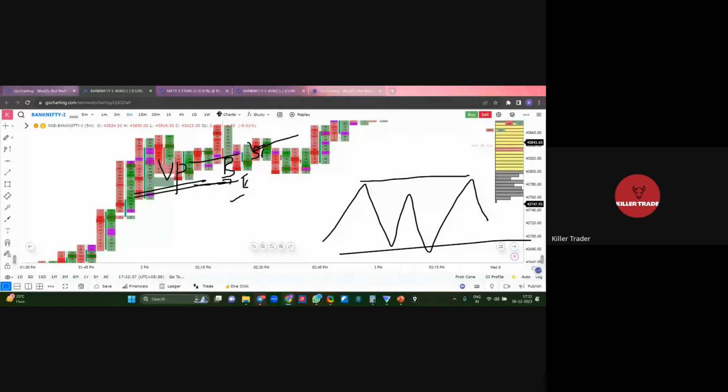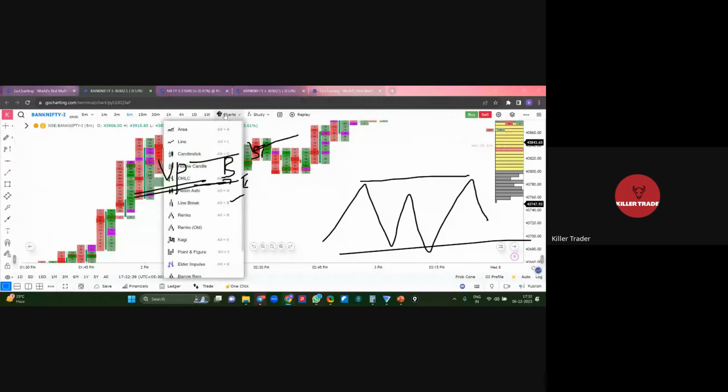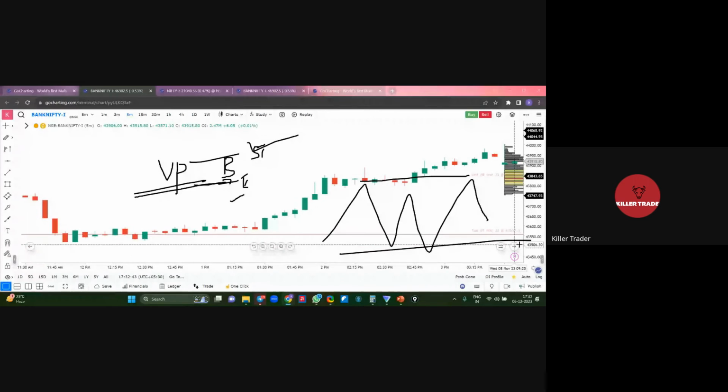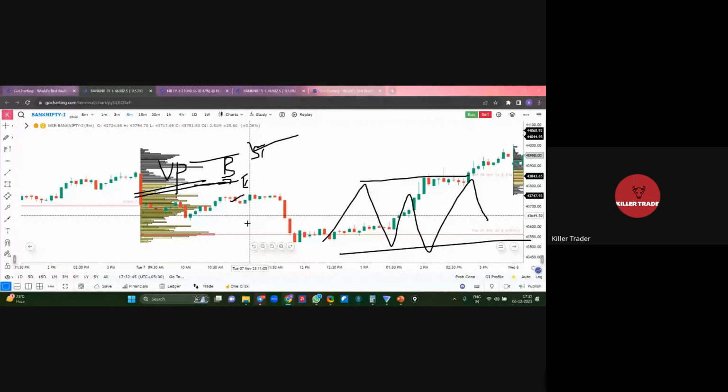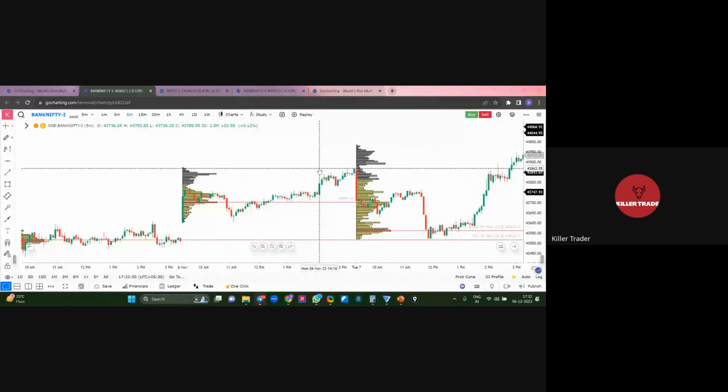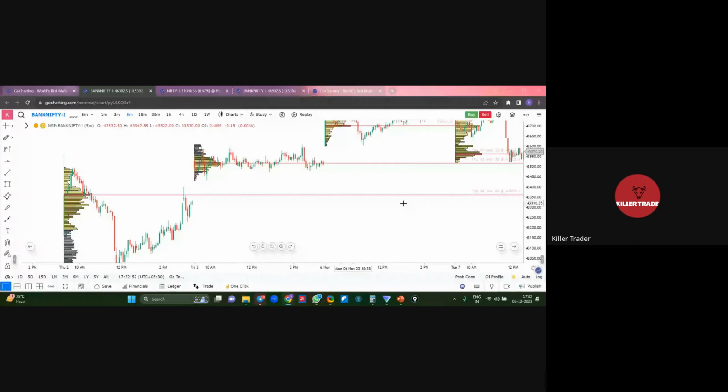Dinesh? What is the use of POC with value area? That's a good question. Let me answer that. See, POC on an individual basis doesn't give you much information. But let's say that you combine it with value area, for example,